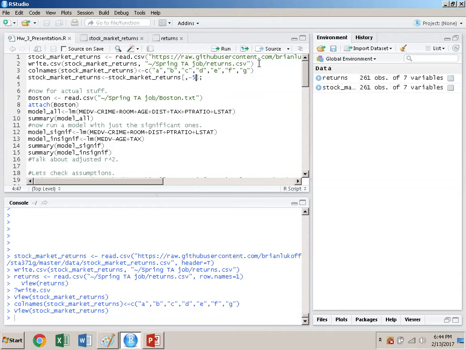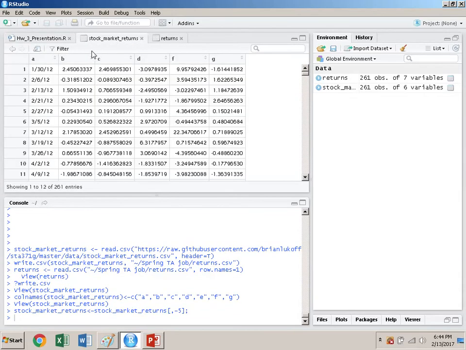And if you were to just leave it without a minus sign, it would keep just that row. So I'll show you what I mean. By running this, I actually just deleted the 5th column from the original data, which was the one marked with the letter E. Okay? So if you ever need to edit data, it's fairly easy to do in R by just doing that little